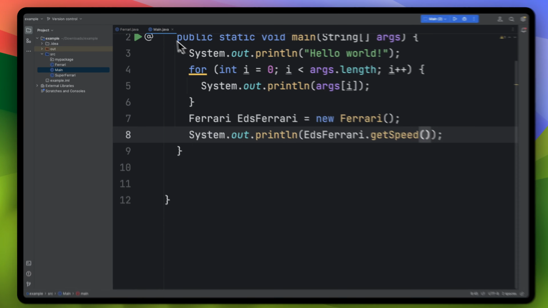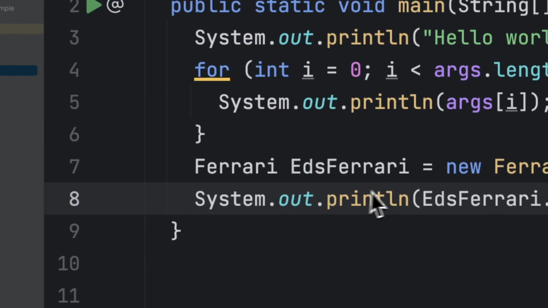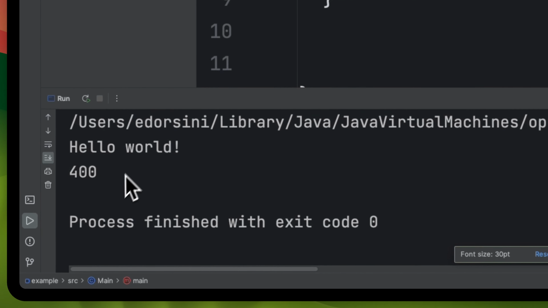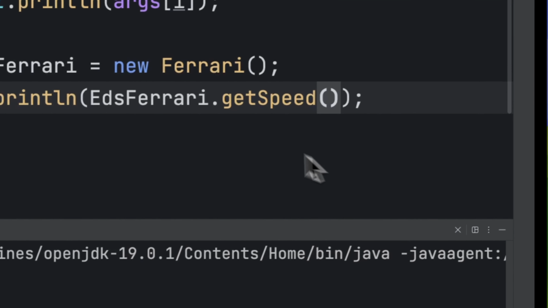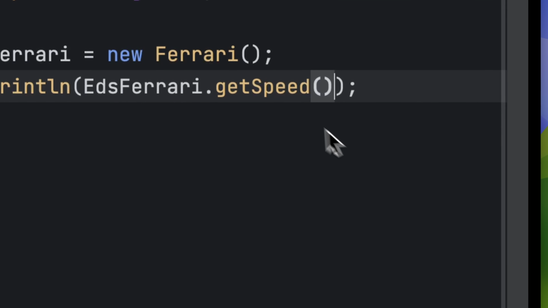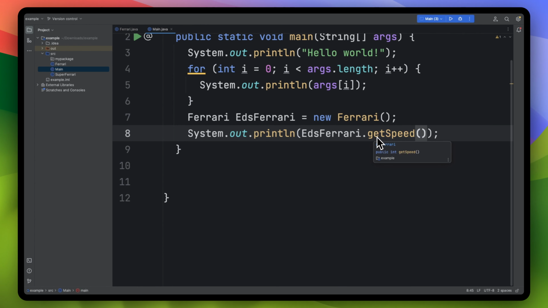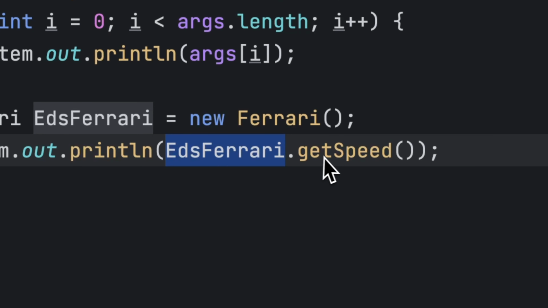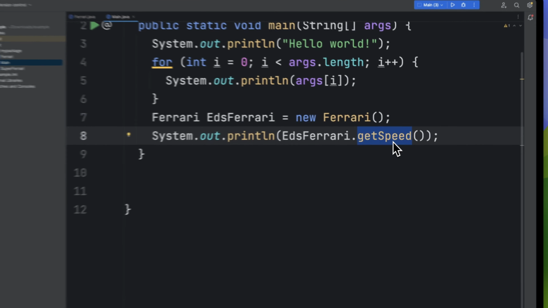And this will get it to us, right? This will get it to us. If we ran this, we'll see that we do get the 400. This is what we want to do. Why? Because it is, again, private, and we can't access it directly. We have to access it only through this class or this object, and this object does have this method, getSpeed, and that method itself belongs to this class, so we can access the speed attribute via the getSpeed method,